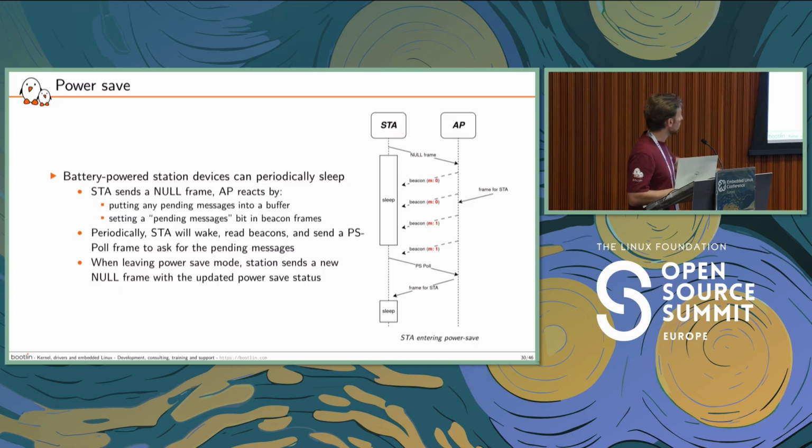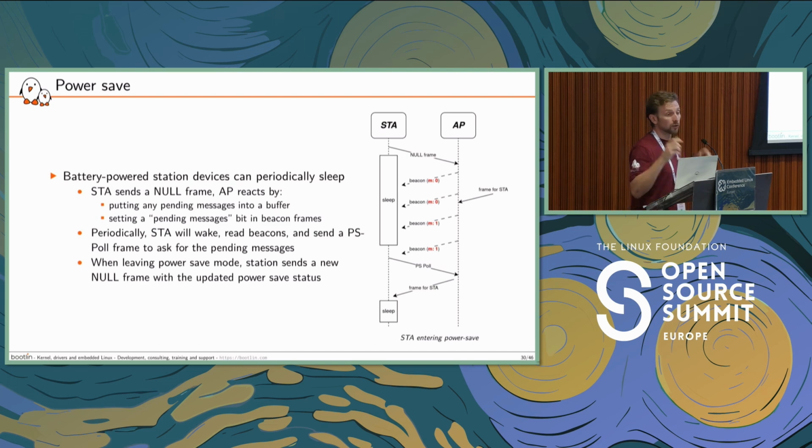Okay, one last consideration. If we discuss a bit of power save, the 802.11 standard specifies that our station devices can enter some inactivity period, let's say a sleep period, during which it will not be able to receive and transmit frames. There is a well-defined mechanism for this, during which the station will notify the access point about this period, sending a null frame.